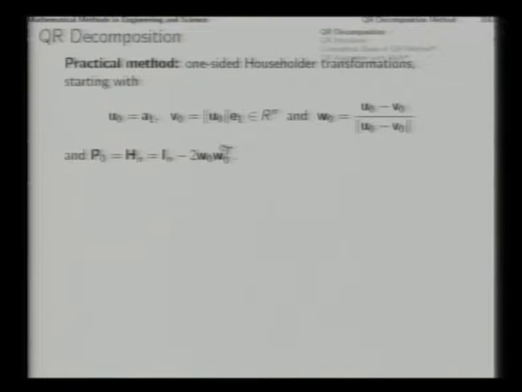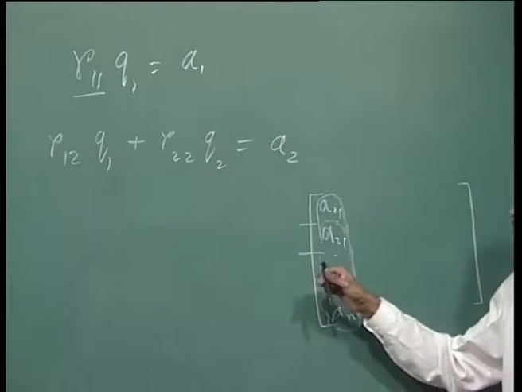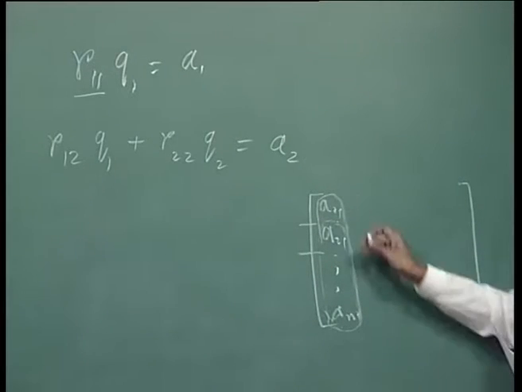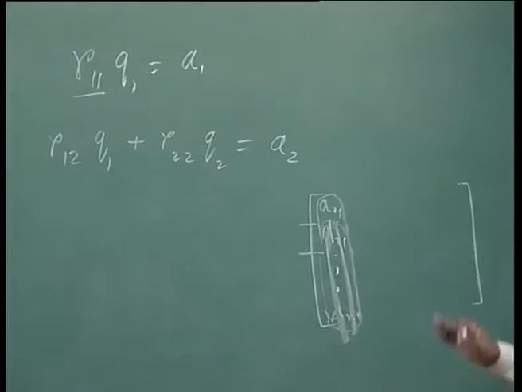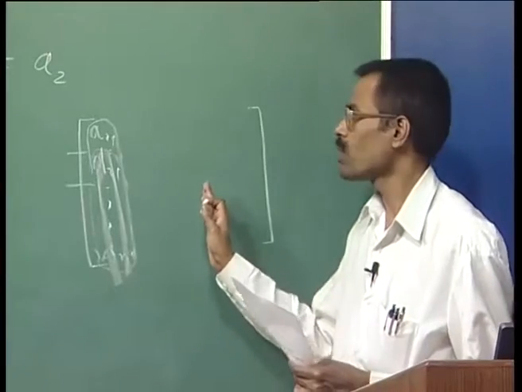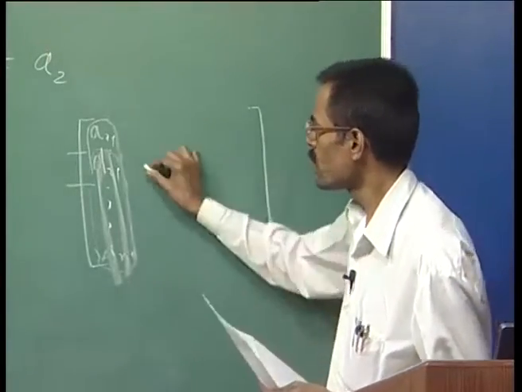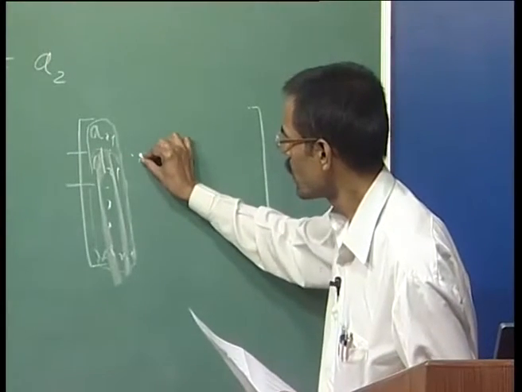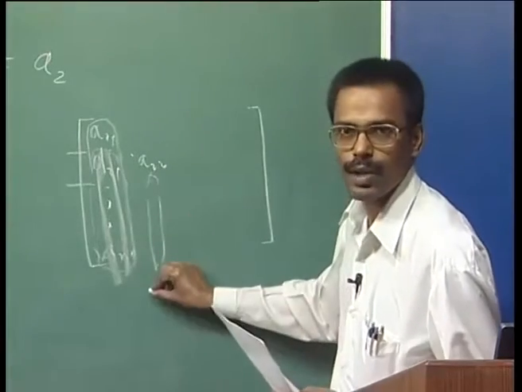And when we apply that only on the left side, not on the right side, then from here to here all of these become 0. And next we will apply P1 based on Hn minus 1 to be operating on this much to get everything below A22 to be 0 and so on.